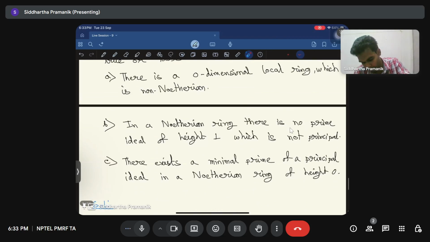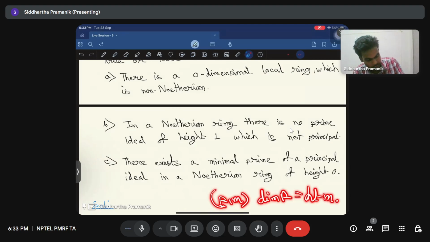So a zero-dimensional local ring which is non-Noetherian means it is a local ring (R, M), and for a local ring, the dimension of R is basically the height of the maximal ideal. So the height of M has to be 0 but R has to be non-Noetherian, meaning there exists an ideal which is not finitely generated. So